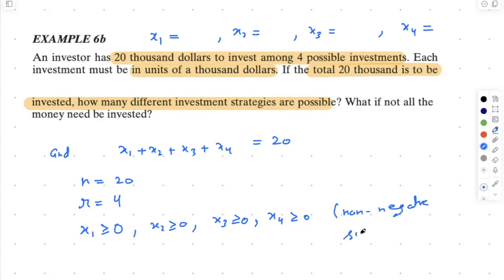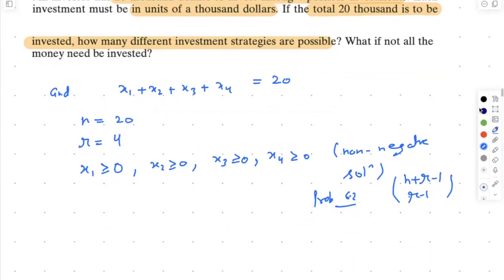We are looking for non-negative solutions. And whenever we look for non-negative solutions, proposition 6.2, which says that the number of solutions is n plus r minus 1 choose r minus 1, is going to be used. So the answer of the question is